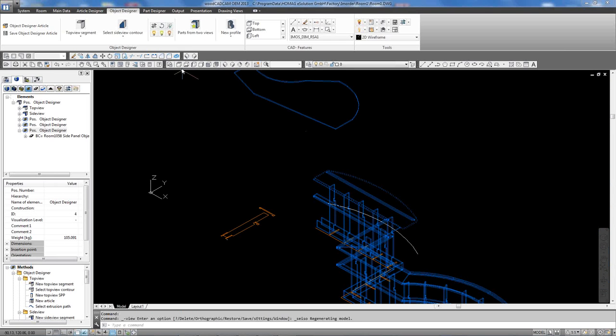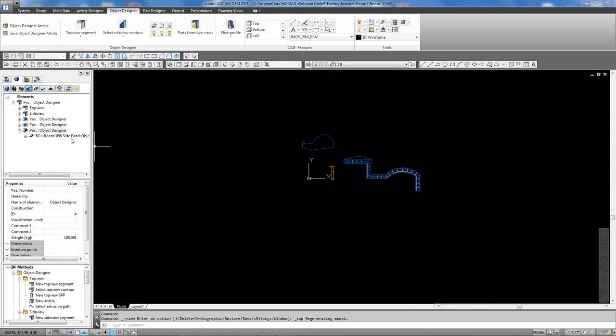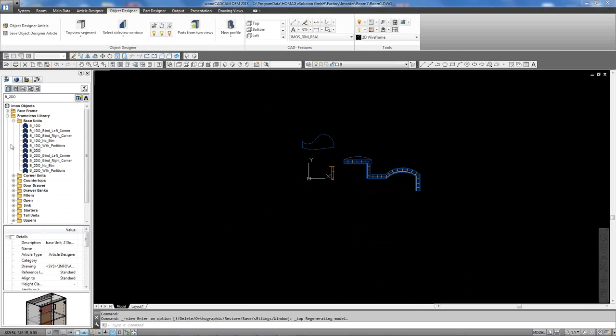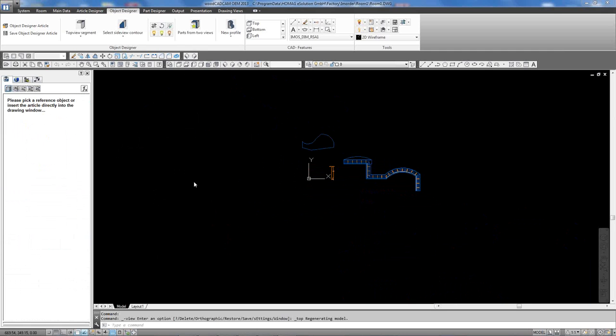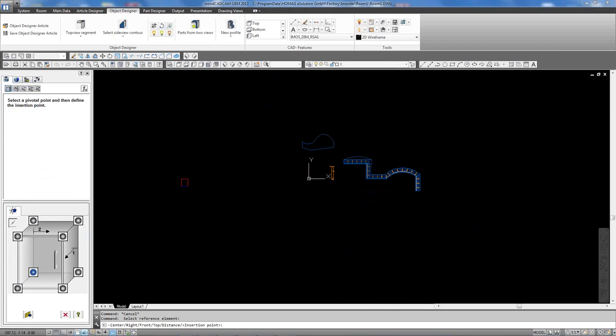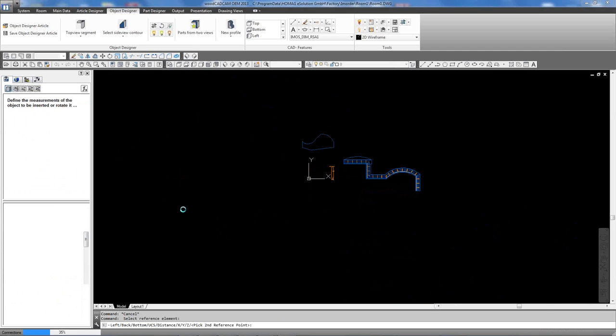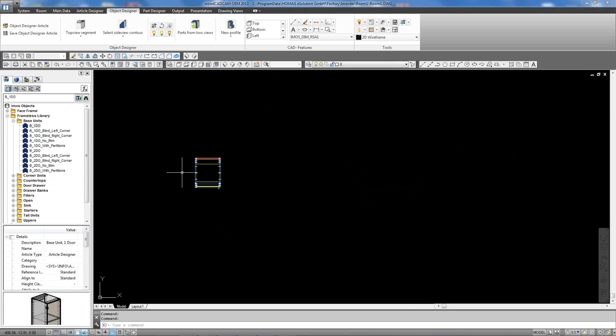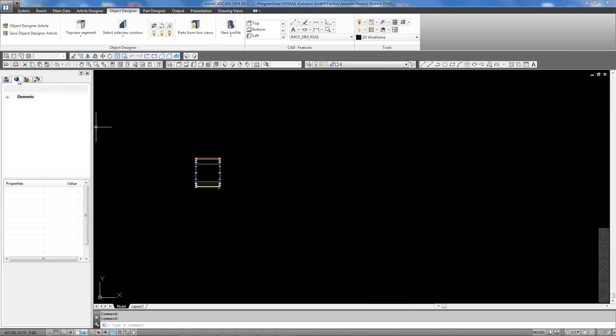One more cool thing that I would like to show you. This time I'm just going to use a cabinet. I don't do this a lot, but I have seen people that like to use it. So if I come in here and I select this cabinet,